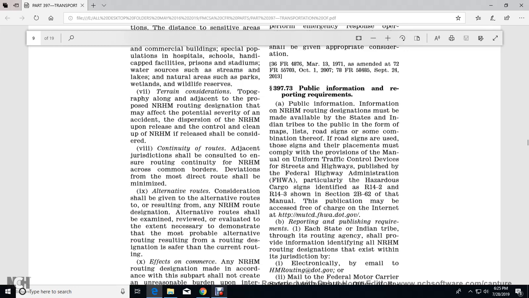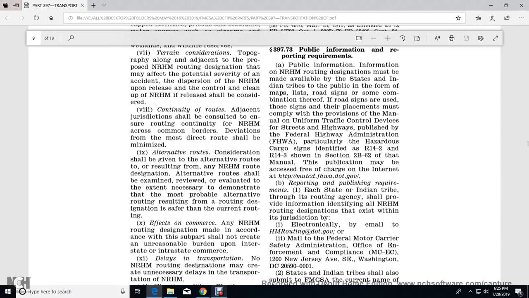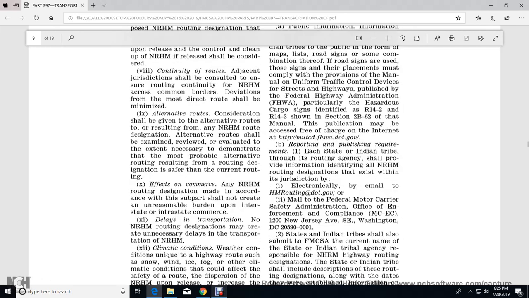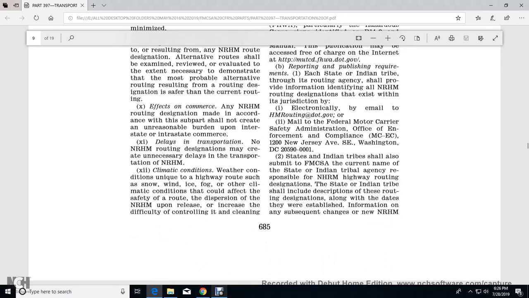published by the Federal Highway Administration, particularly the hazardous cargo signs identified as R14-2 and R14-3 shown in section 2B.62 of this manual. The publication may be accessed free of charge on the internet at the Federal Highway Administration website, fhwa.dot.gov. Reporting and publishing requirement: each state and Indian tribe, through the routing agency that provided information on the non-radioactive hazardous material routing designation existing within its jurisdiction, shall submit electronically by email to HMRouting@dot.gov, or by mail to the Federal Motor Carrier Safety Administration, Office of Enforcement and Compliance, 1200 New Jersey Avenue, Southeast, Washington, D.C. State and Indian tribe shall also submit to the Federal Motor Carrier Safety Administration the current name of the state or Indian tribe agency